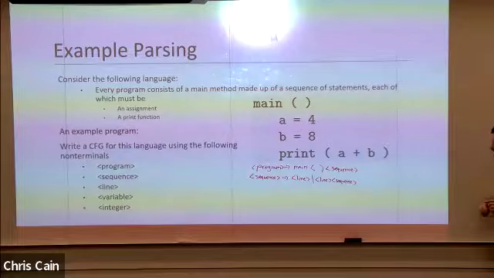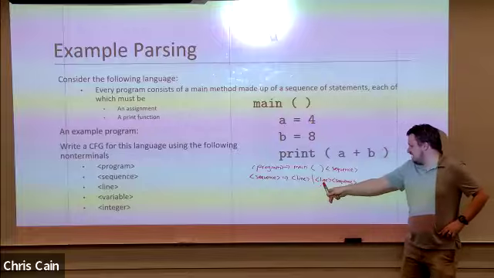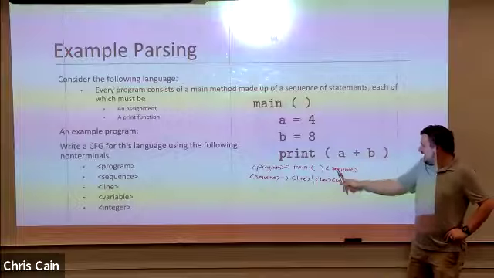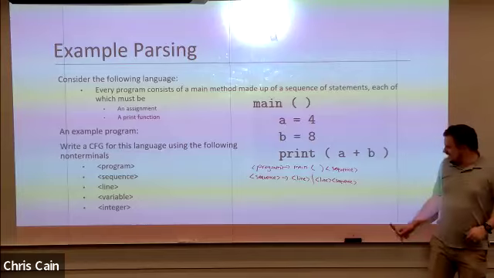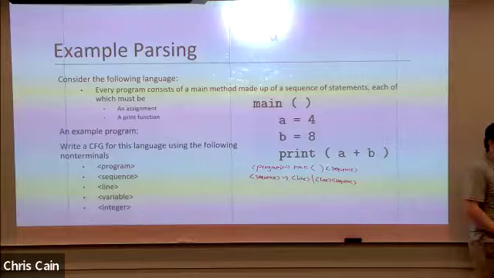So this would allow us to say, if we're not at the last line of the program, we can define the next line and say there's more program to come. Or if we're at the last line, this sequence becomes that last line. So this allows us to make an arbitrarily long program by recursion.